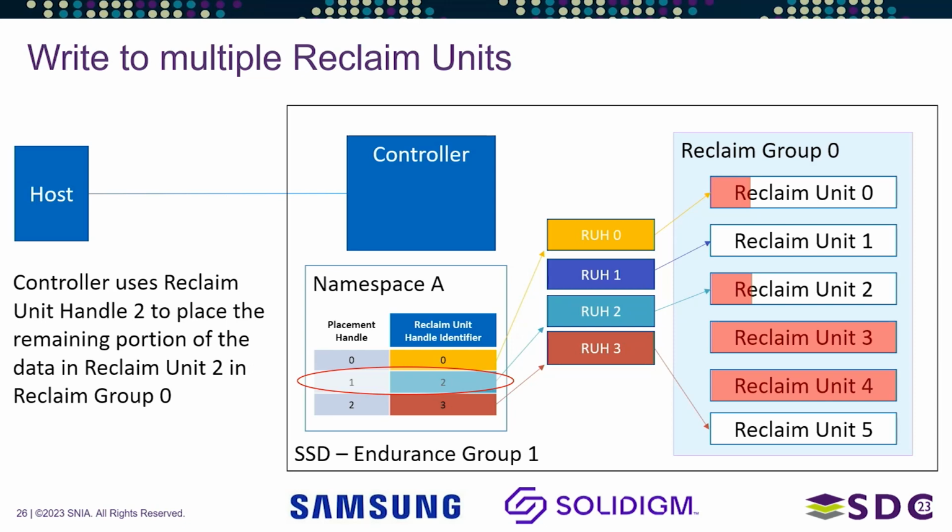Yes. That'll work. So the controller uses reclaim. So here you had a write. You sent the write to the controller. The host specified placement handle 1. Okay. Its placement handle 1 is tied to reclaim unit handle 2. Now here you only have one reclaim group, but let's say that you had multiple ones. Where does the reclaim group get specified? Is it in the write? So it's the write command, the